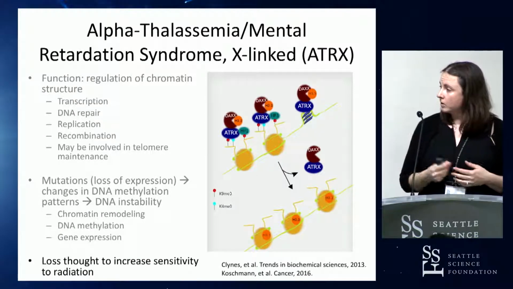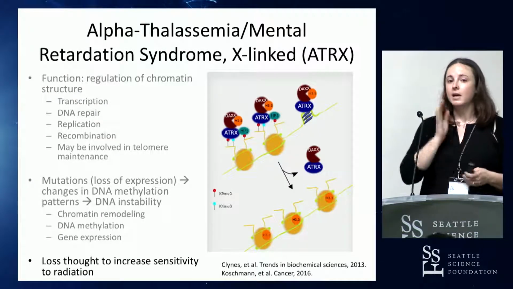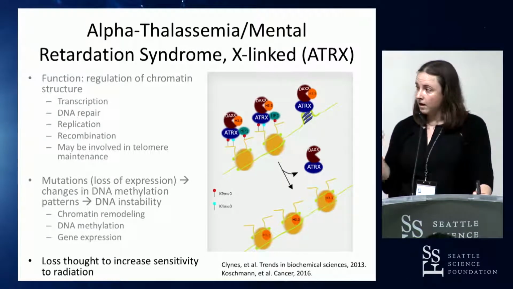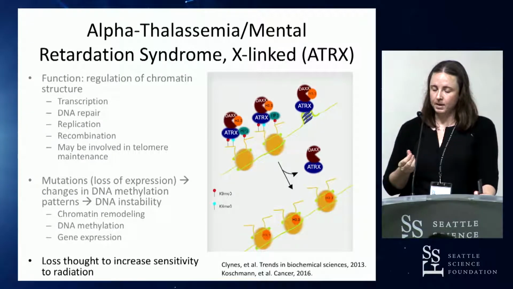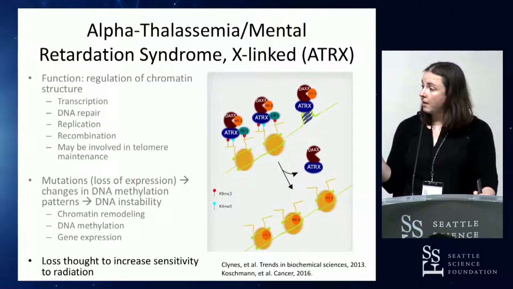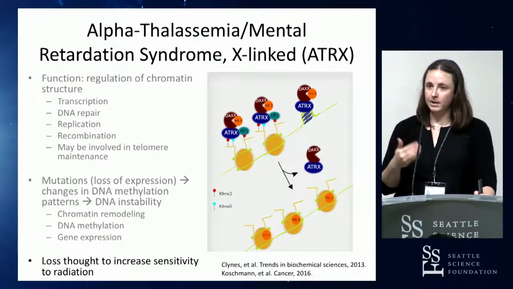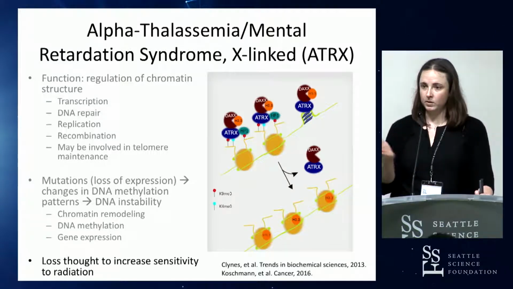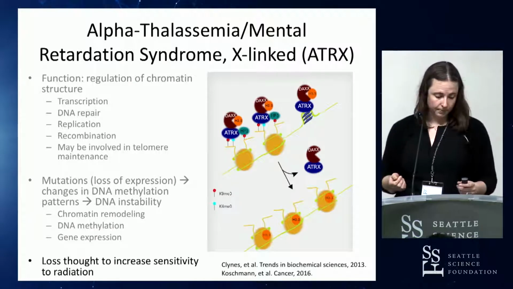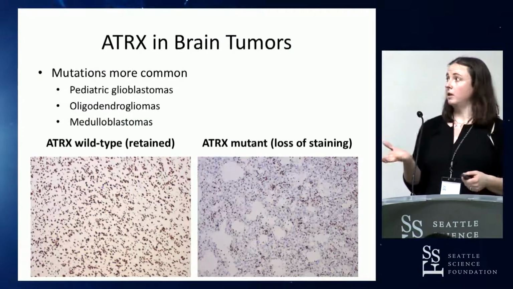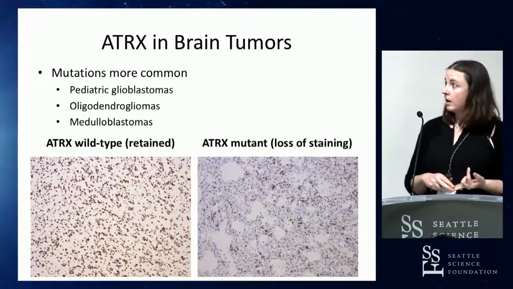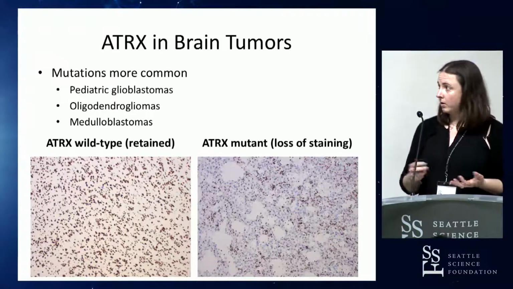And there was a study, I didn't show it here for the interest of time, in knockout, so it was a rodent study with knockouts for ATRX, and these mice were predisposed to developing brain tumors. And the researchers actually demonstrated that the mice with the brain tumors that had loss of ATRX were much more chemosensitive, with a very significant reduction in the tumor burden compared to the ATRX wild type. So we tend to see these in the younger population. So ATRX mutations are much more common in pediatric gliomas, so diffuse midline gliomas, what we call them now oligodendrogliomas,